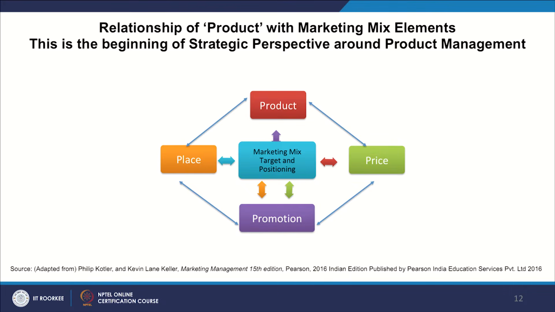Just look at that, you see marketing mix, target and positioning is at the core. All the 4 P's, that is offerings, target, the customer you have in mind, and the positioning of the product which you are doing in the minds of the customer is at the core. Product is the basic reason for that, because that is what you are projecting in front of the customer. Now, how that product has a two-way or multi-way relationship between other elements actually.